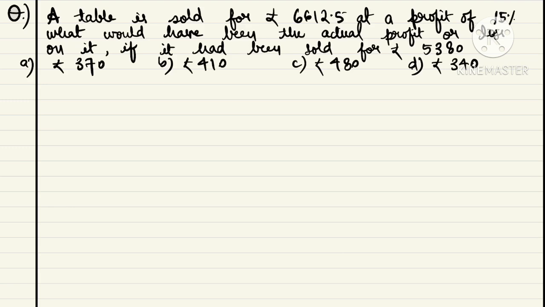Next question is, a table is sold for rupees 6612.5. Fine. At a profit of 15%, what would have been the actual profit or loss on it if it had been sold for rupees 5380? Fine. So selling price is given and profit is also given, 15%. So as we know, 15% is 3 by 20. So 20 to 23,